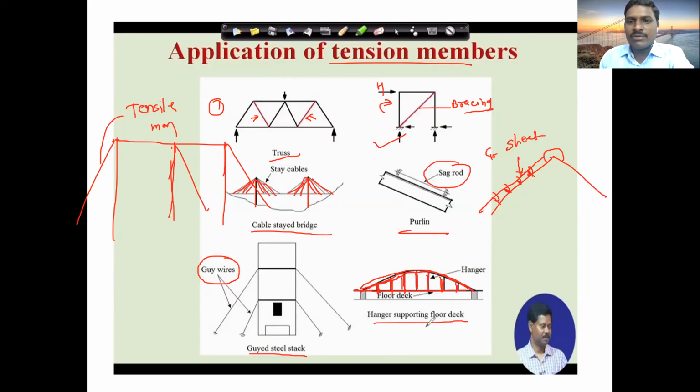So I think you have not seen this in our nearby area, but in many movies you can see such type of tension member application. We have seen it in the movie. I also have not seen it in my day-to-day life, but I have seen it in some movies. So these are some applications of tension members, where tension members are required and tensile force is coming on that particular member. Got it, everyone? So these are the applications.